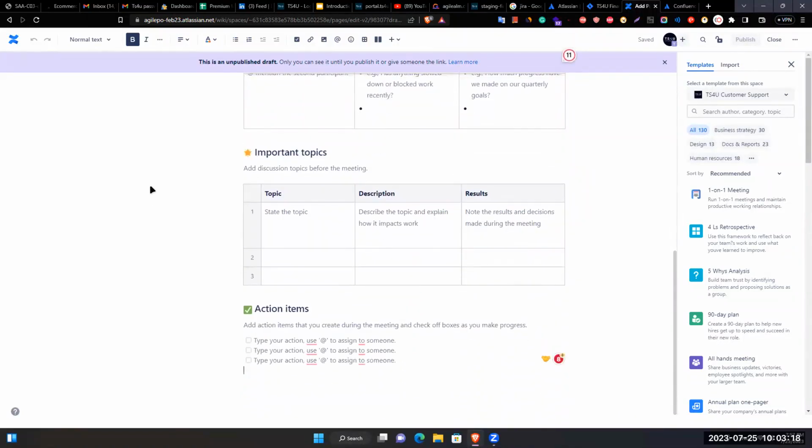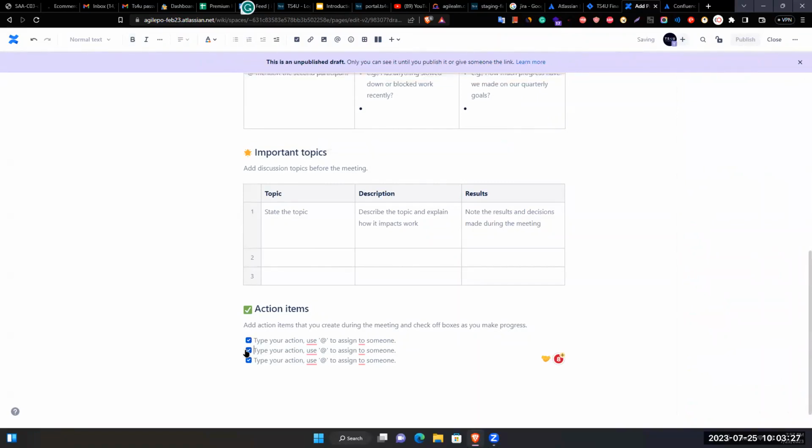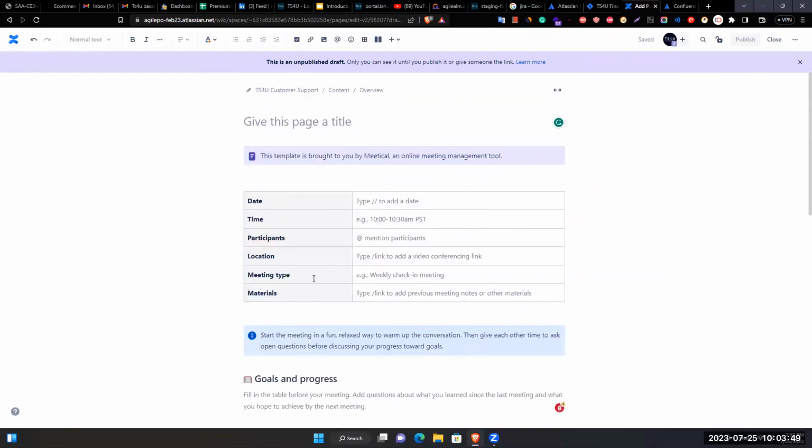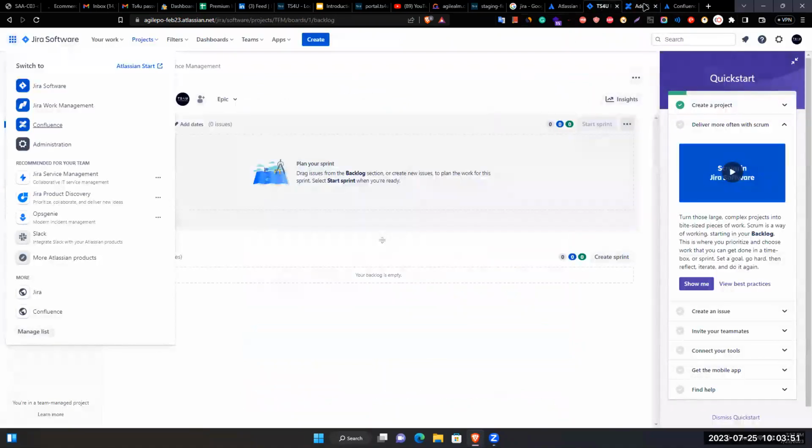And also, if you have any important topics, you can add those important topics. And then these are the action items. If you have any action items, you can also mark those action items during the meeting. If you complete any action items, or if you create any action items, okay, this is the action item we can do until the next meeting, or this is the action item you can do. I mean, you are assigning someone that you are doing these things. So these all are very important. You can manage this template and work on this template.